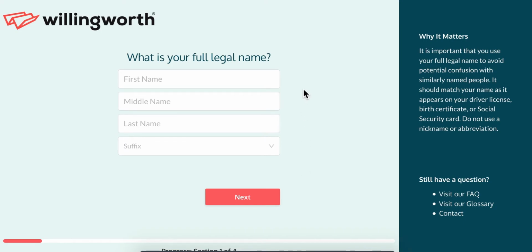A couple of things to keep in mind on these screens. You're going to notice a section to the right here called Why It Matters. And we included this section to help answer any questions that you might have along the way. So for example, what is your full legal name? If you look to the right, you're going to see a reason why we've asked for your full legal name. So we're going to go ahead and start filling this out, and then we will click Next to make it